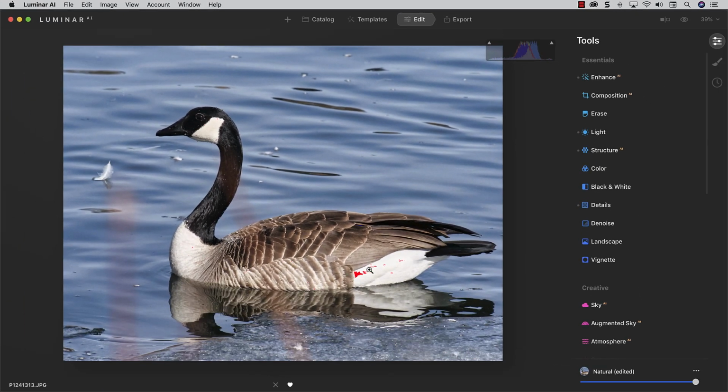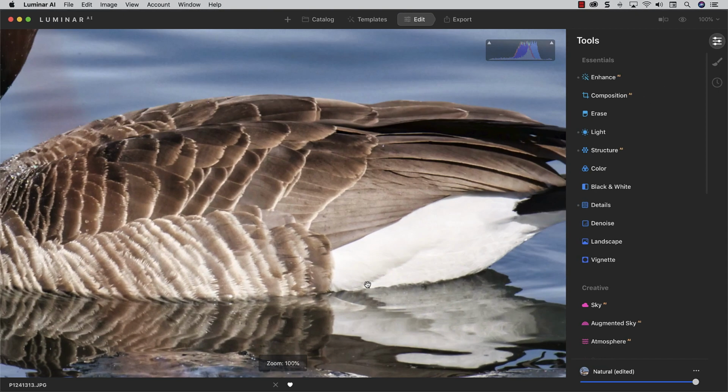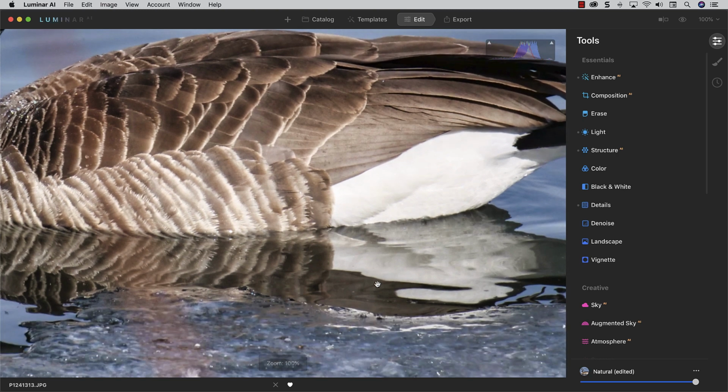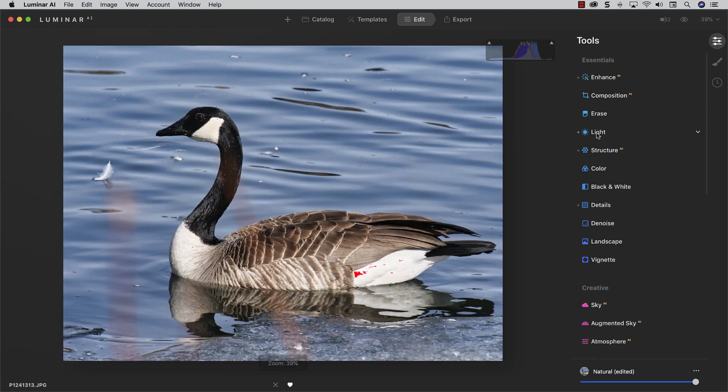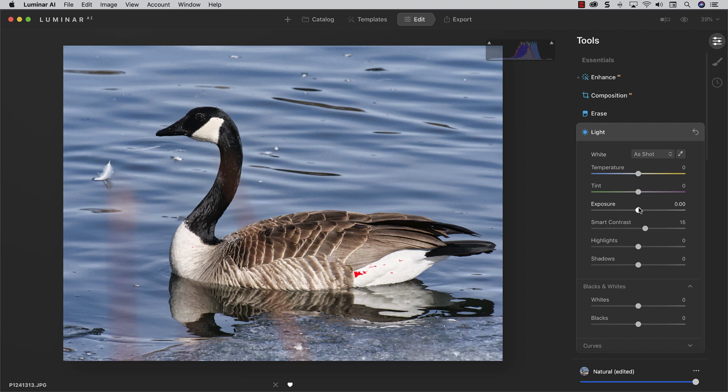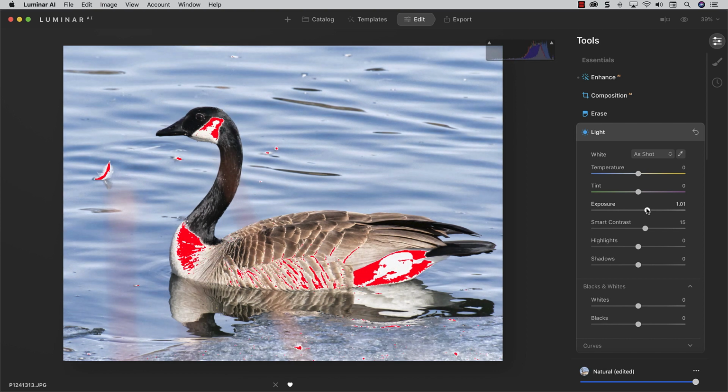Now I don't know if you noticed, but when I popped the highlight clipping warning on, I got an area of red in this area. So that is blown out highlights. Now there's not much here, but I want to show you what will happen to your histogram when you mess around with the exposure. So let's go into the light tool and take our exposure slider and pull it to the right. And you can see that we have ever increasing areas that are red, and those are blown out highlights, highlights that have lost detail.